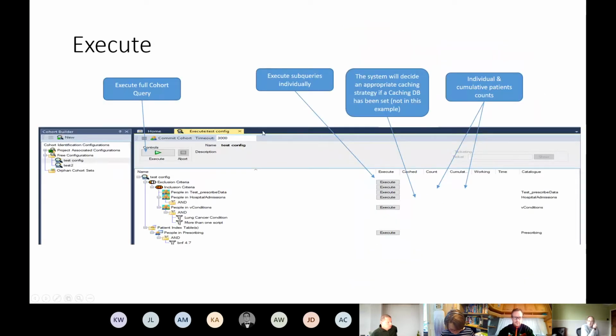Okay, so there's execution of the actual configuration. So the idea is that you've pieced it together and you can execute the full query, which is to say...